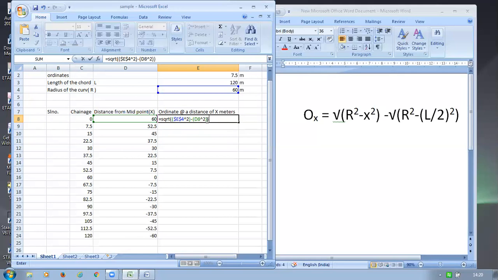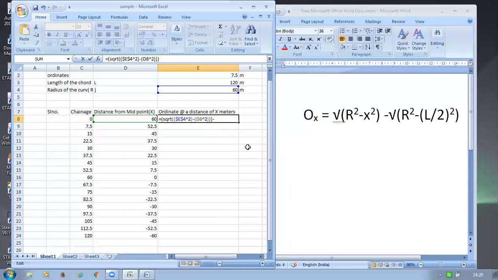I close the bracket with black. Do it again; if you want, you can keep one more bracket here, because the whole term... See, now one term is over: the square root of r square minus x square is over. Again, what is next is minus. And put the minus here.